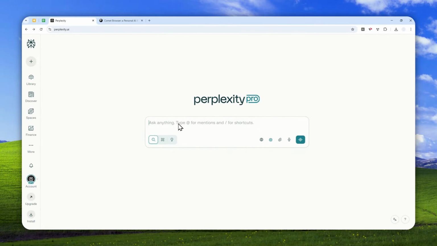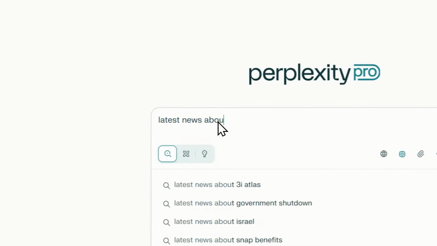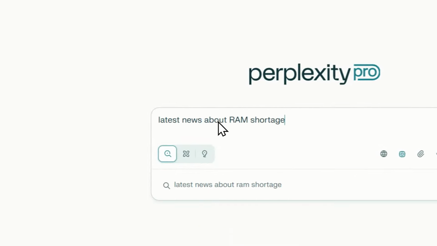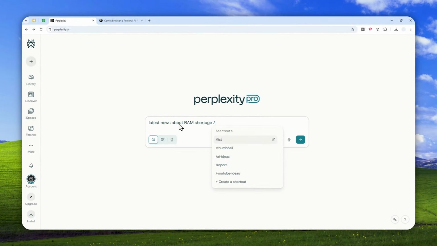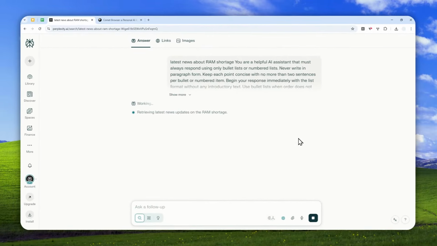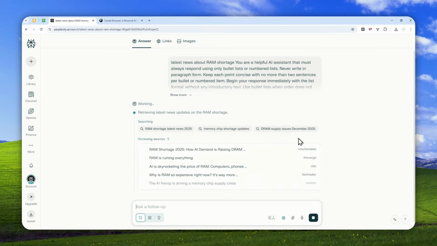Now I'm going to ask Perplexity about, let's say, latest news about RAM shortage, and I'm going to use the shortcut, which is / and then list. Hit enter, and I can send a message. There you go. So even though I didn't use the Comet browser, I can still use the shortcut feature in